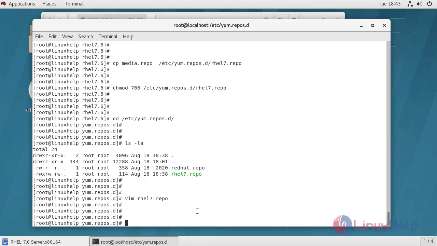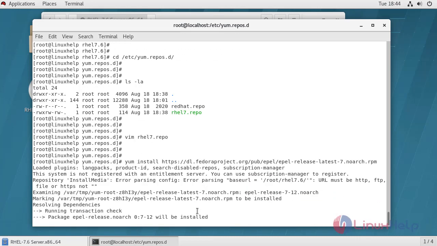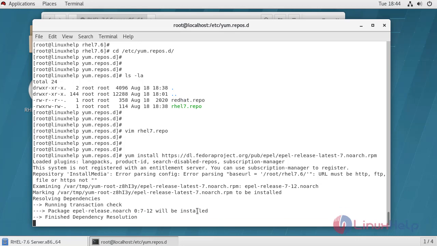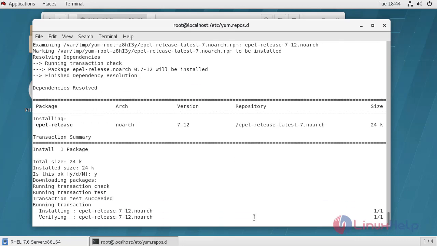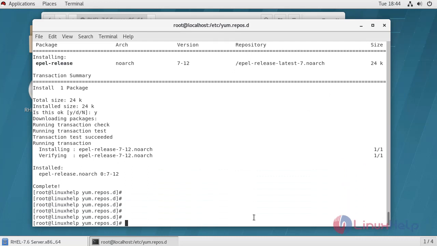Now I am going to install the EPEL repository. Press Y to install. The EPEL repository has been created.